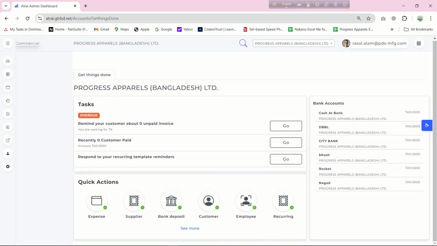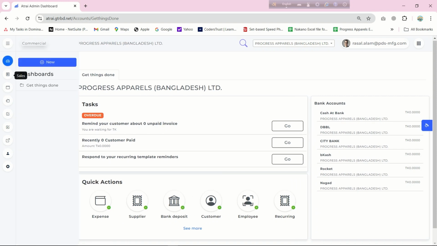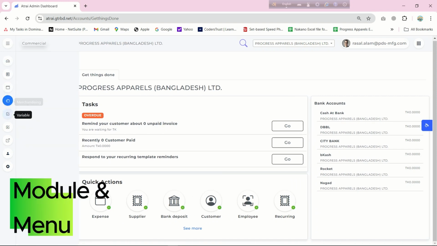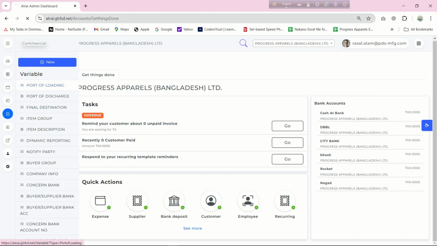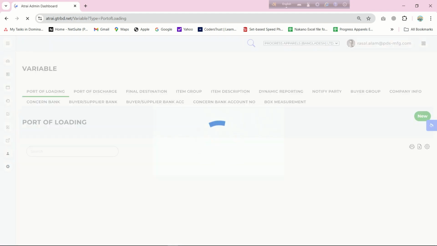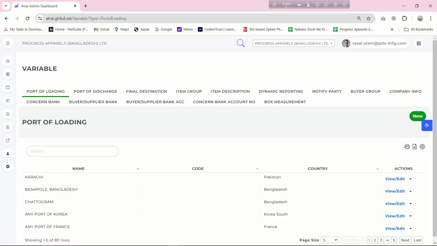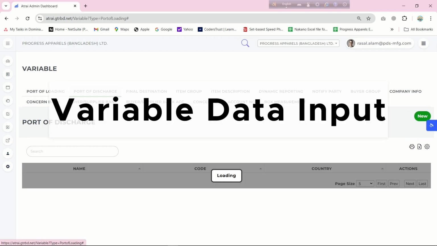Here are some modules and menus like dashboard, expense, merchandising, variable, export, import. So first we discuss the variable entry system. Here we can see